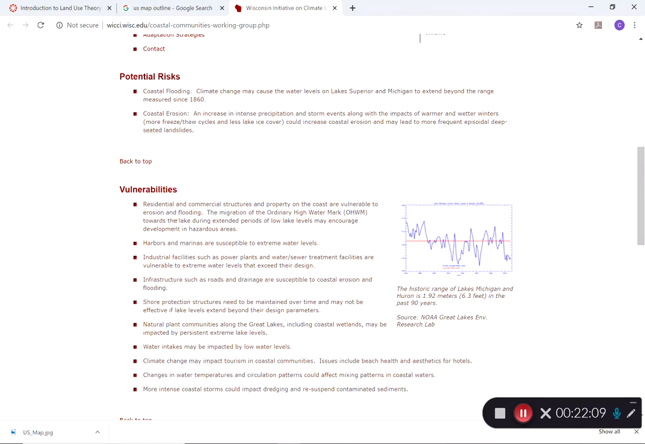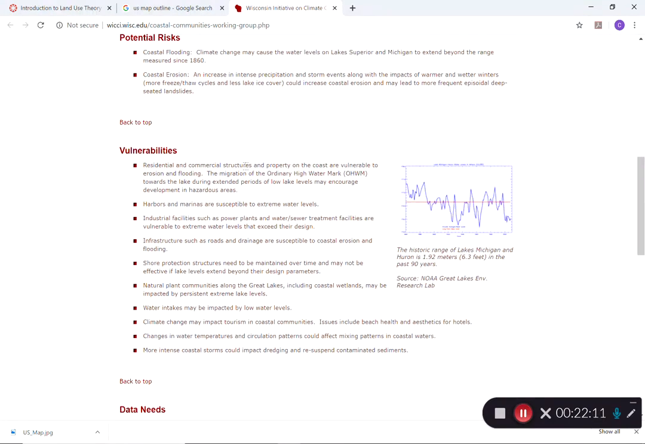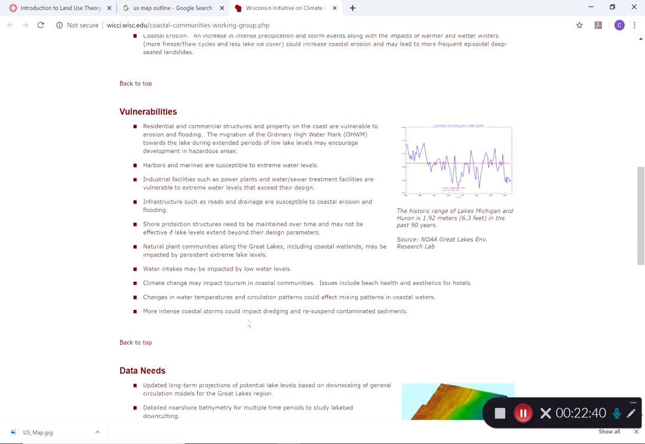Vulnerabilities, talk about structures and property that are vulnerable to erosion and flooding, harbors and marinas that may be susceptible to water, industrial facilities, other infrastructure, roads, drainage, those kinds of things. Natural plant communities, including coastal wetlands. So as water rises and falls, it can affect those wetland areas, water intakes for community water sources. All of those things are potential vulnerabilities that these communities have based on